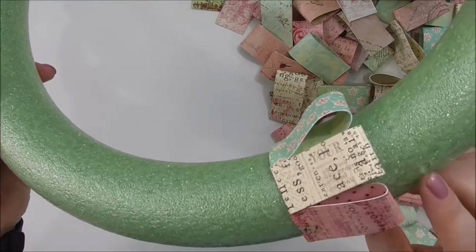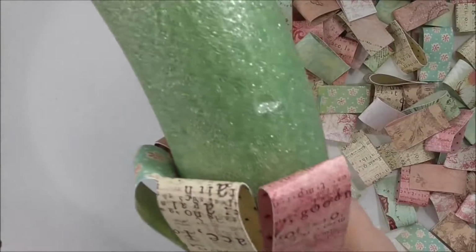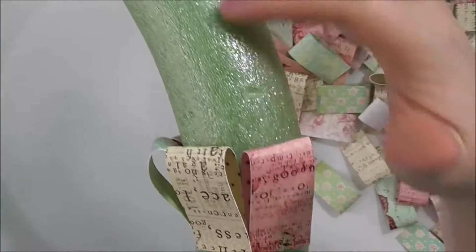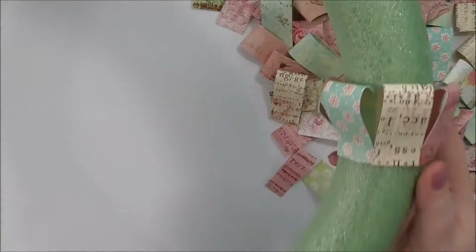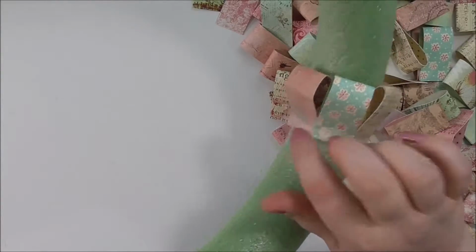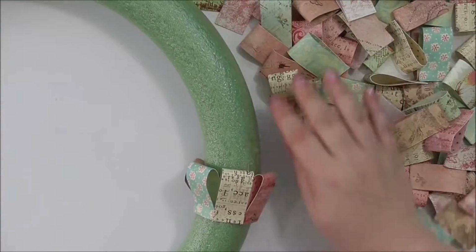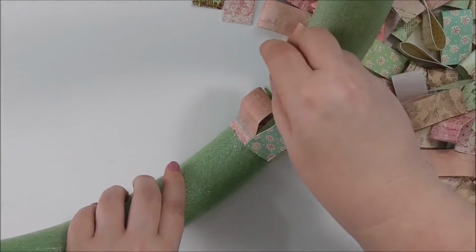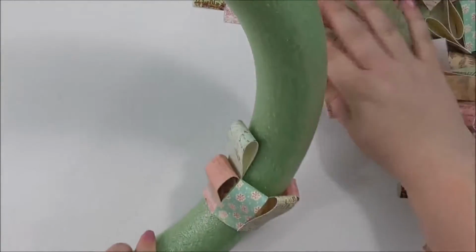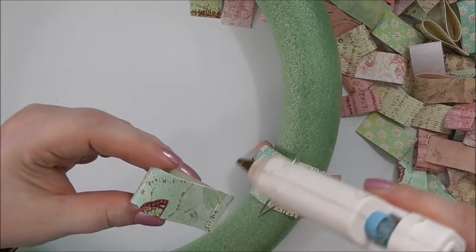So I started at the bottom in the middle, and I'm doing 4 pieces of the paper. I don't know if I'll need a 5th piece. I'm going to wait until I fill it in, and then I always hang it on the door just to see if I feel like I need to put a 5th piece. So I'm starting with 4, and I'm doing one right in the middle of the inner circle, and then just coming around. So let me do the next row for you. And I'm just staggering my patterns, just having fun with it. When they get all together and you hang it on the door, I think it'll just blend and be really pretty. So I am just doing a strip of glue on the bottom,